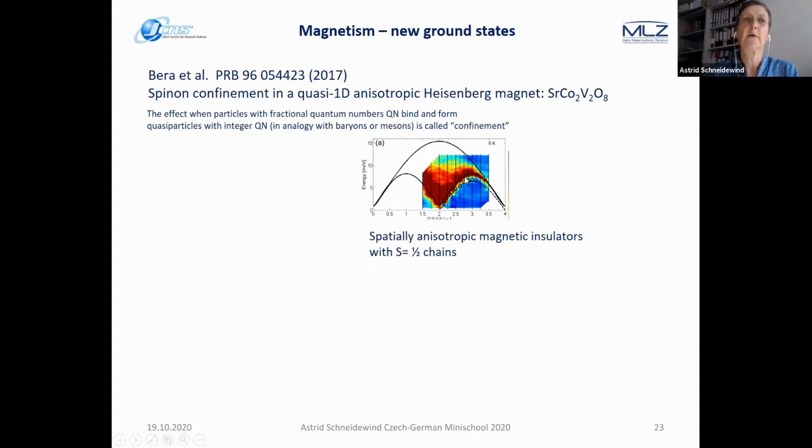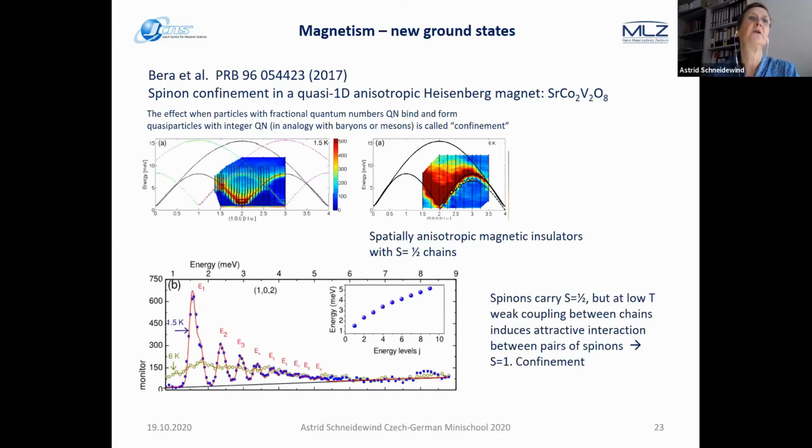We have a spin half chain in this magnetic insulator, but if you cool down, then you see that our continuum is lost, and we have a spin wave kind of dispersion. But going into more detail with high resolution, you see that the energy scan over Q gives you a kind of oscillation. And having an analysis and some calculations about it, the group decided that we find, by cooling down,